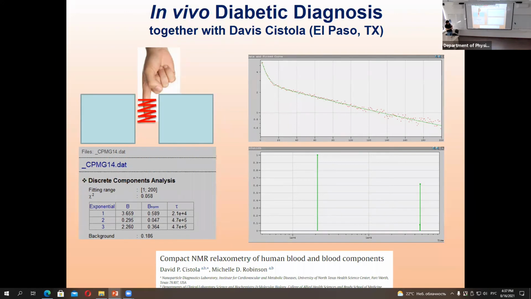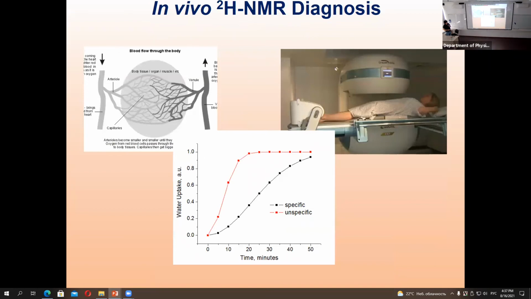The time domain magnets are just cheaper, and of course the field strength we are talking about is normally from 0.5 to 1 Tesla, and in high resolution, the higher the field the better. Thank you.